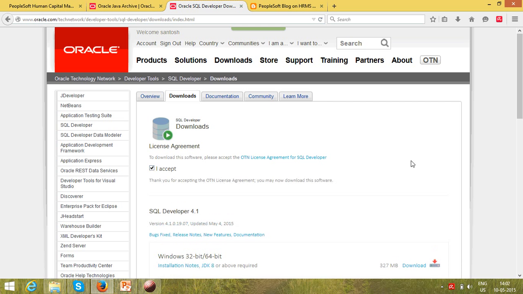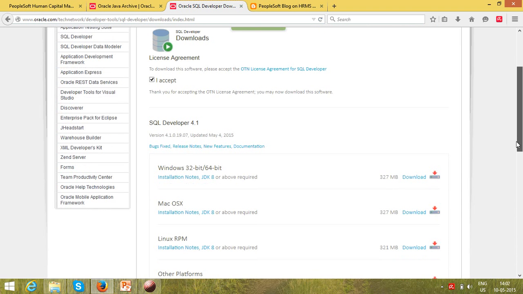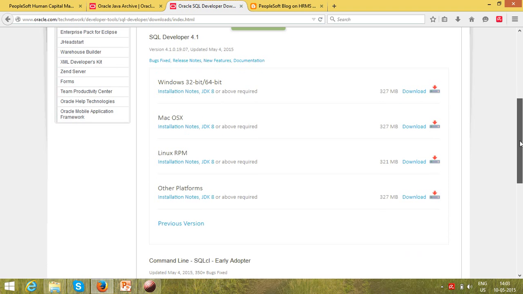Accept the license and terms. The latest version is, I suppose, 4.1. But for this we need JDK 8. I guess this one will not work with JDK 7, I suppose.